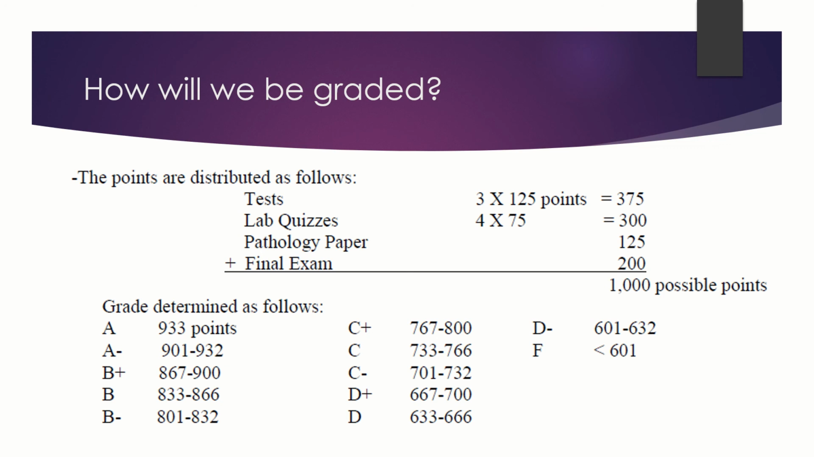And then there's a pathology paper. The pathology paper is kind of like an introduction to scientific writing. You'll have to find 3 peer-reviewed sources and write a 3-page paper about some sort of a pathology that is related to what we cover in this class. That could be something like ACL tears. That could be,